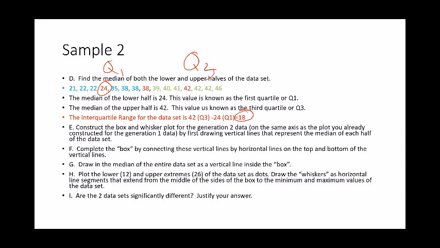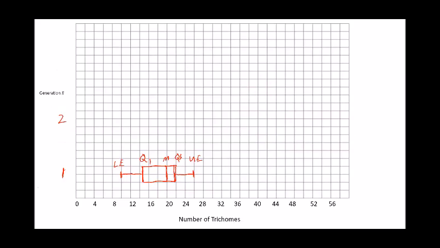So now we want to construct that box and whisker plot. So I'm going to go back to my original graph. And you'll notice that I moved that graph to a bigger scaled piece of graph paper. So here's my generation 1 graph. And now we're going to graph generation 2. So we'll start off by plotting the first and third quartiles as vertical lines. So I'll do that here. So my first quartile was 21. So 21 is going to be